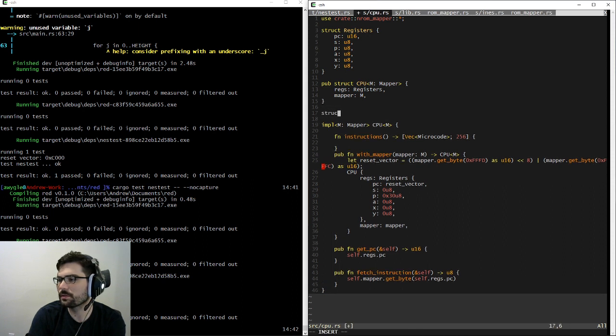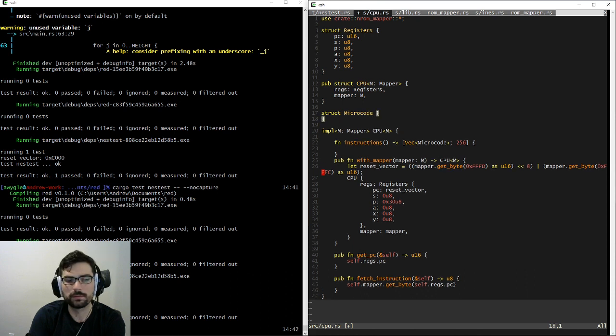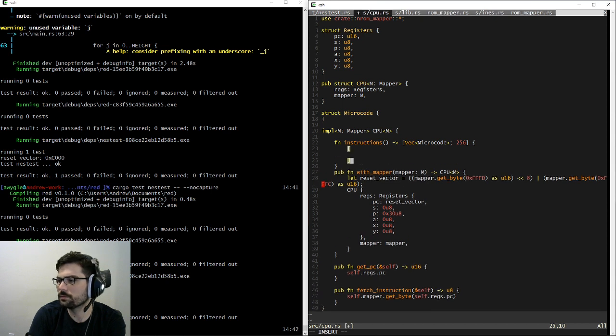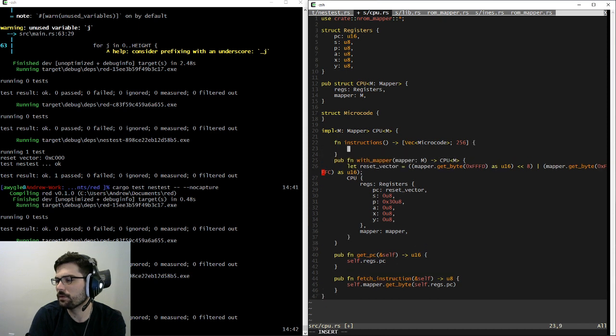Microcode is going to be a struct. Hey, Rust. Yes, it is indeed Rust. And so we're just going to do one. How do we want to do this first of all? With capacity